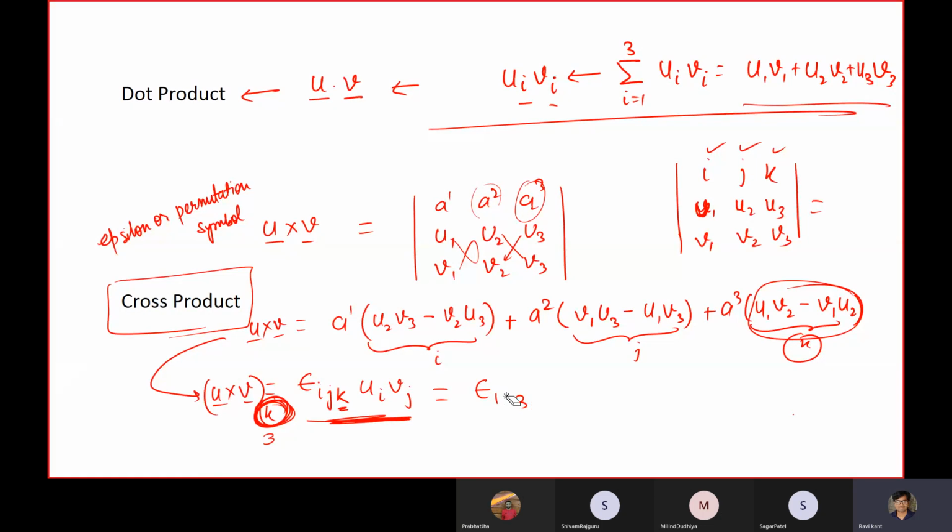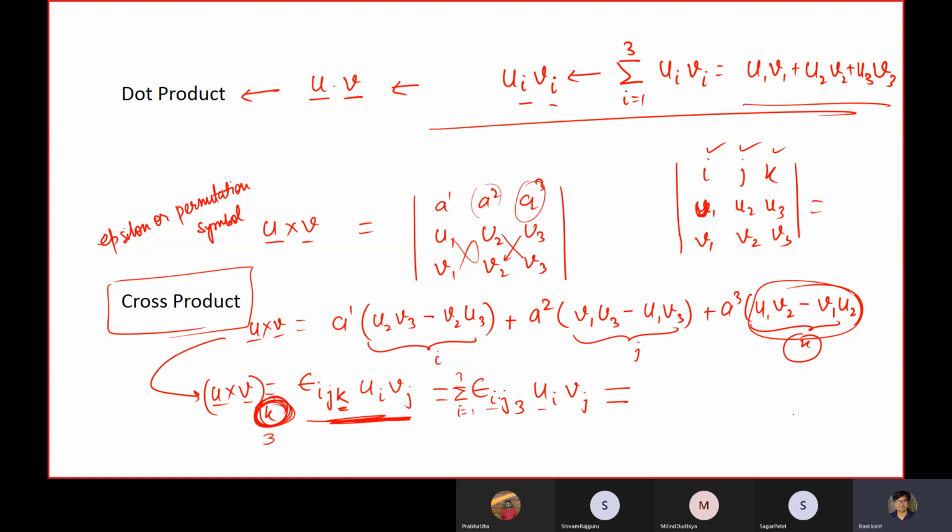So let me write in this fashion, specifically for solid and liquid. Epsilon ijk will be intact and this will be u_i and v_j, the number of moles of solute. Now when I'm saying moles of solute, these are repeated indices, so there will be a summation sign, and the summation will be from i equal to 1 to 3.